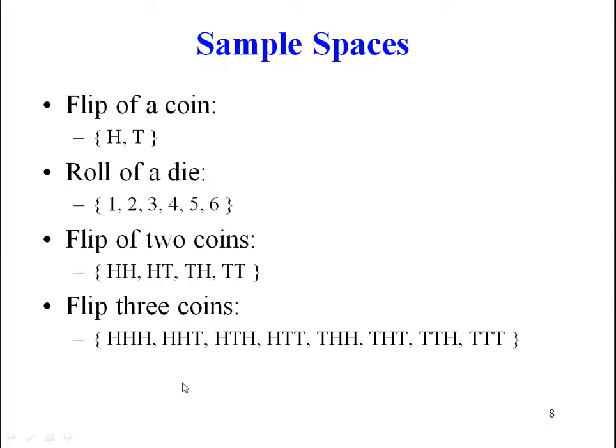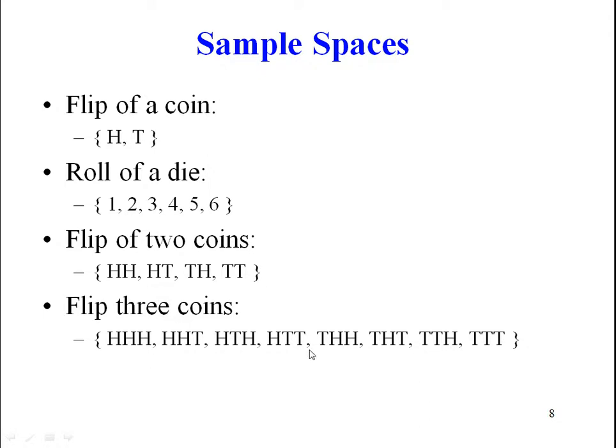And flipping 3 coins, each coin could be either head or tail, so 2 events for each coin. So 2 times 2 times 2 is 8. So there are 8 events. And basically all of these, which is 2 coins, and then the first coin could have been either heads or tails. So you can put heads in front of all these or tails in front of all those.